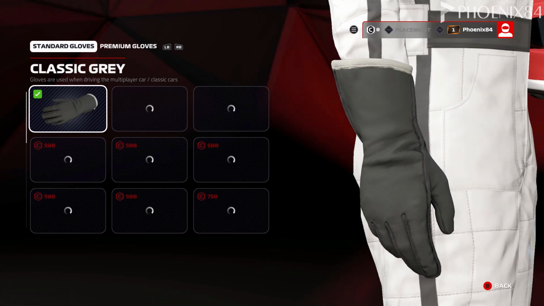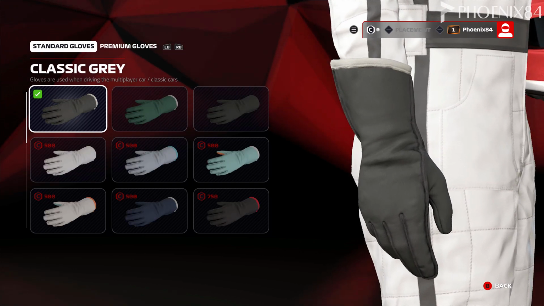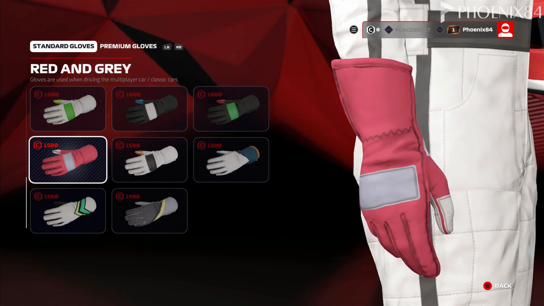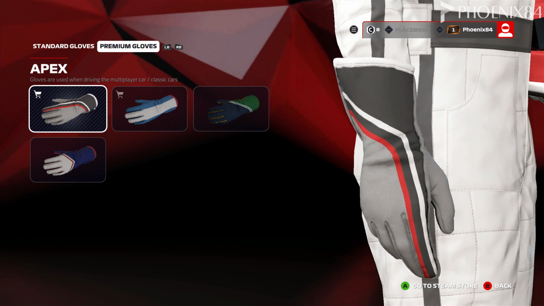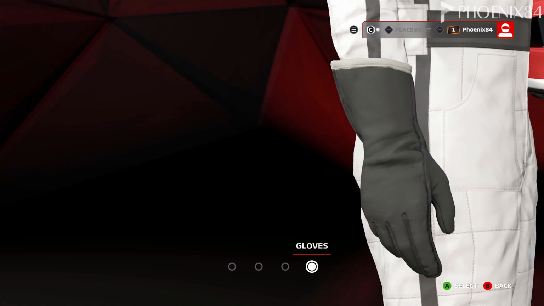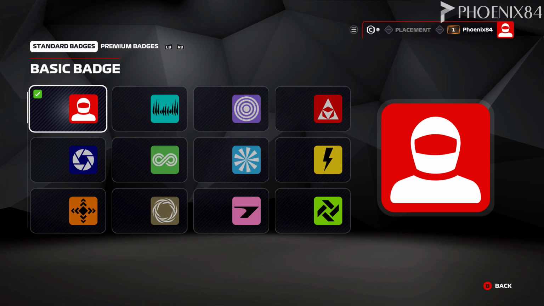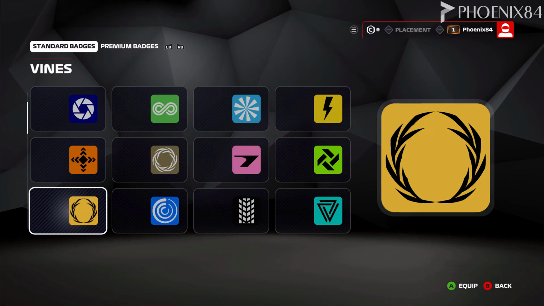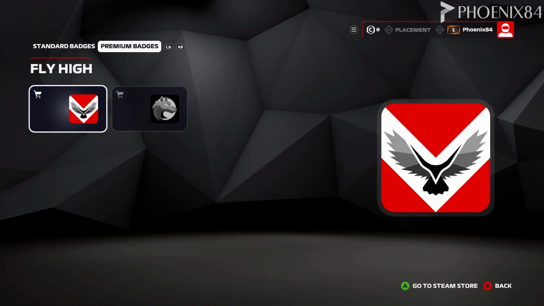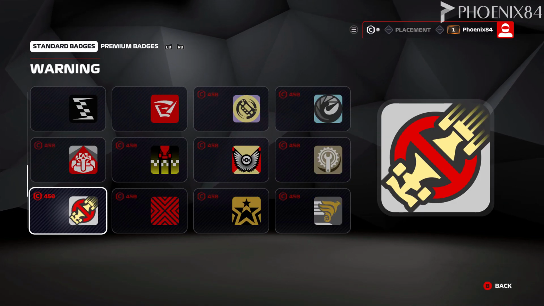Then we move to the gloves section. Some of these, apart from the premium ones and the really expensive ones in terms of points, are really not that great. But for now we're just going to continue with black. And then there's actually a quite nice sort of bird type thing which would be quite nice for a phoenix. But the one that we're going to go with